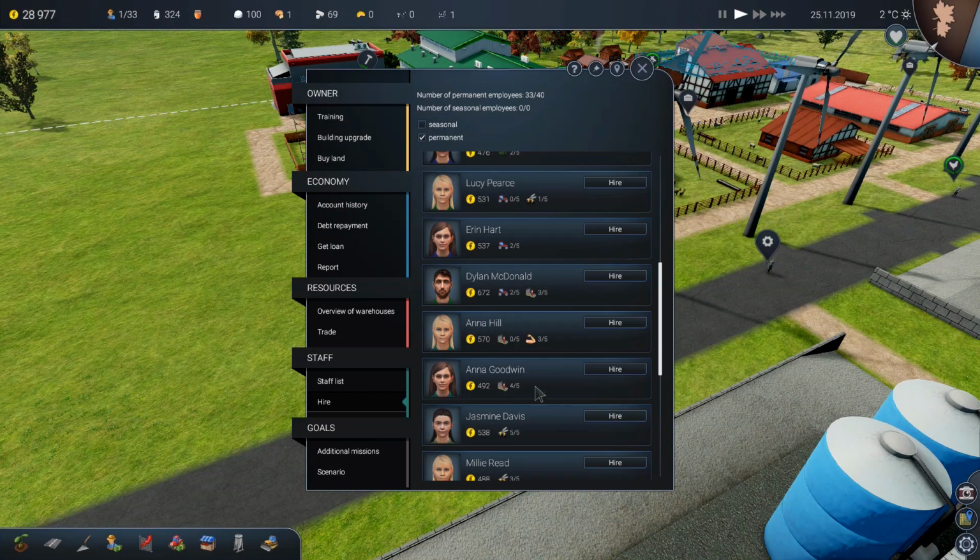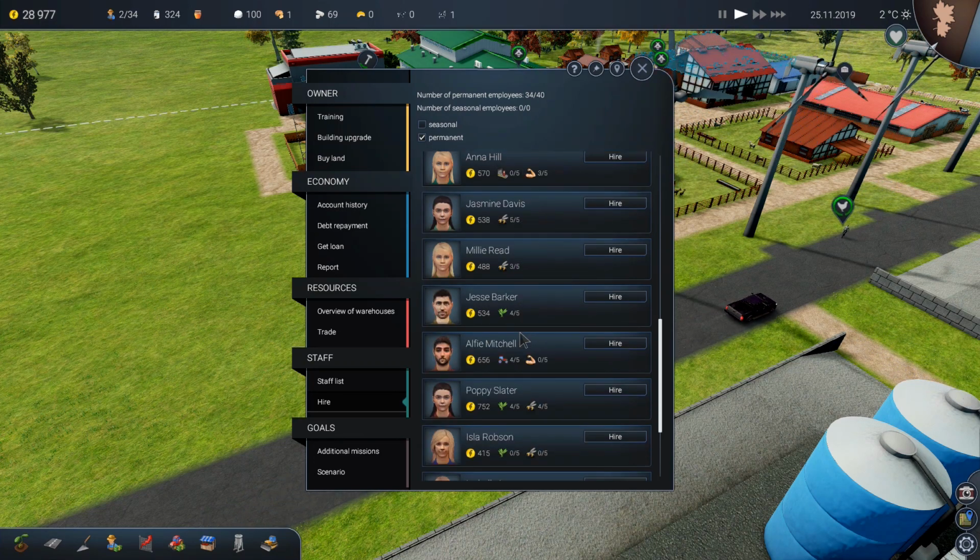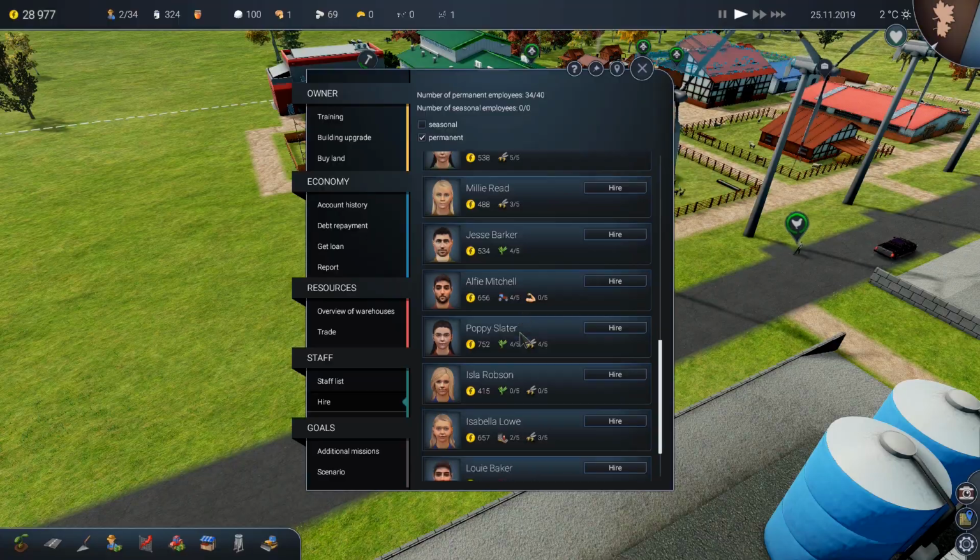Not a lot of good... Oh, here we go. And a good one. 4 out of 5 for 492. Sold. You are in the door, and a good one. That's a good price for that. Any...